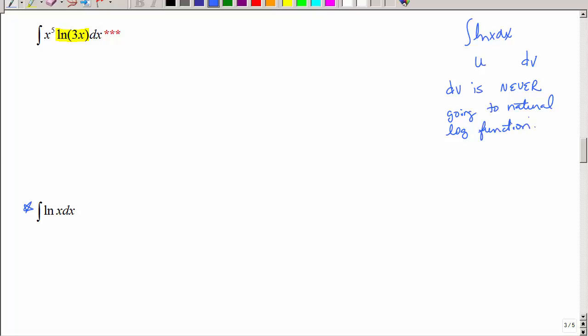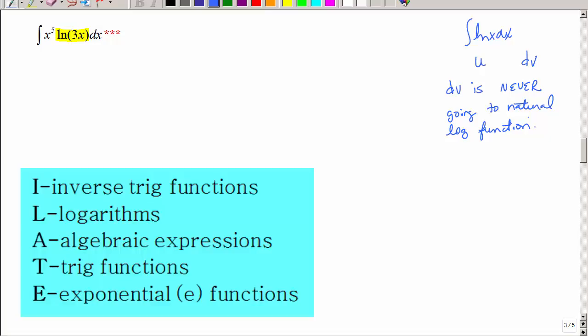That's just not the best course of action. Remember, on our mnemonic ILATE, L would be the logarithmic function, or the natural log, and that would be what u equals. Okay, so we have our formula, the integral of u dv equals uv minus the integral of v